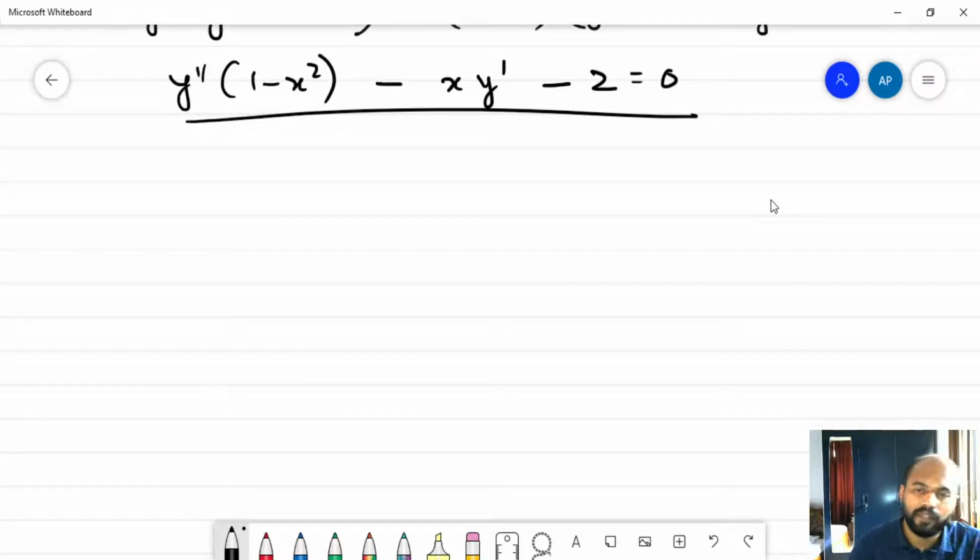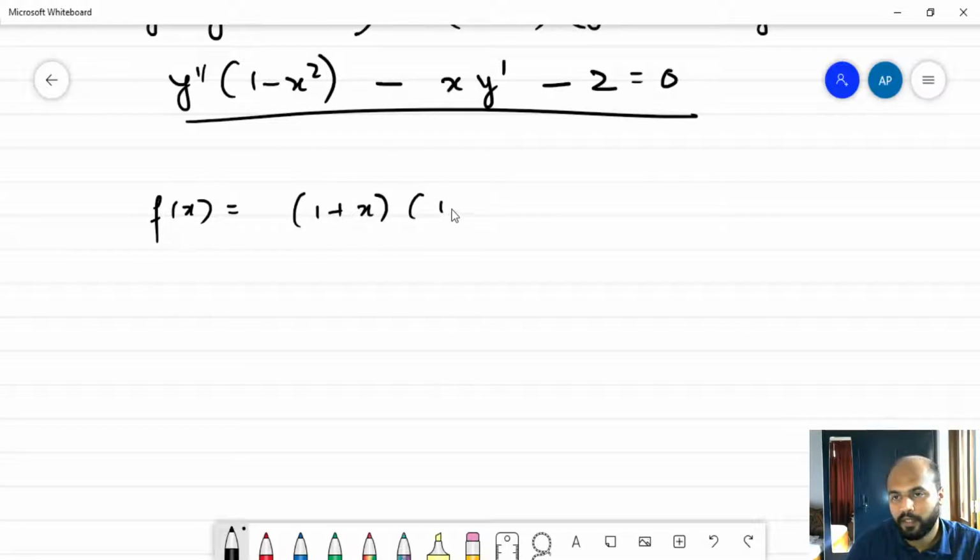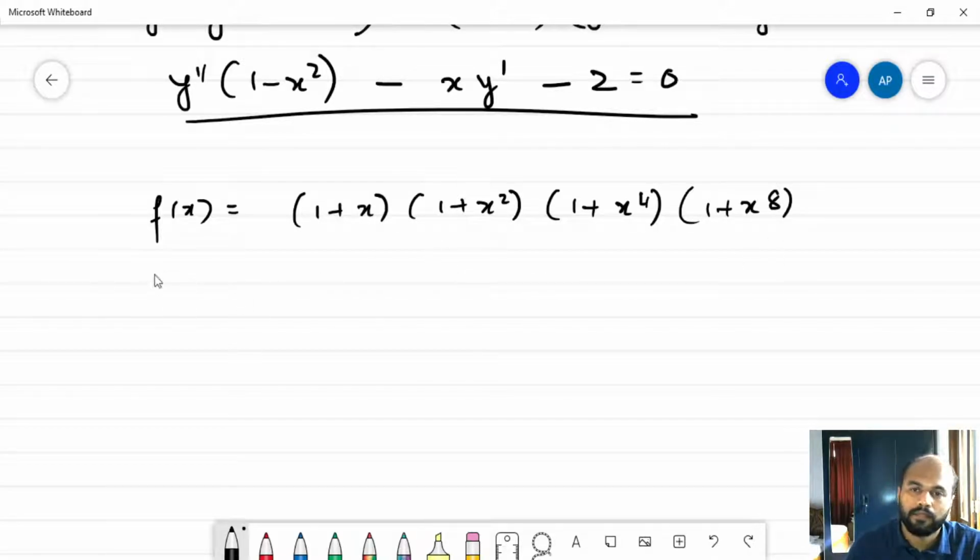So this time the function is a bit tedious. That is (1 + x)(1 + x^2)(1 + x^4)(1 + x^8). Now f'(x) is going to be,